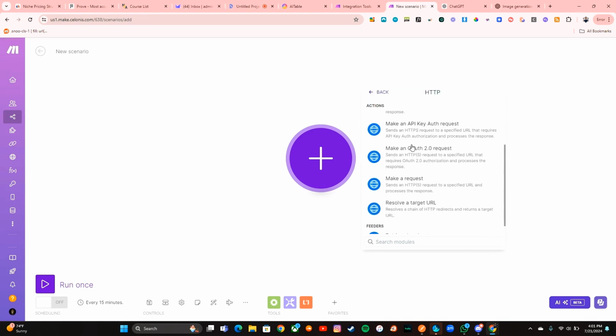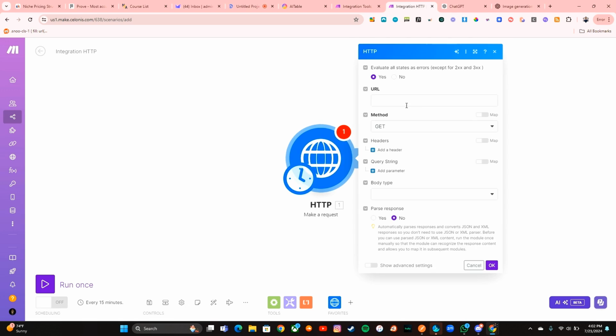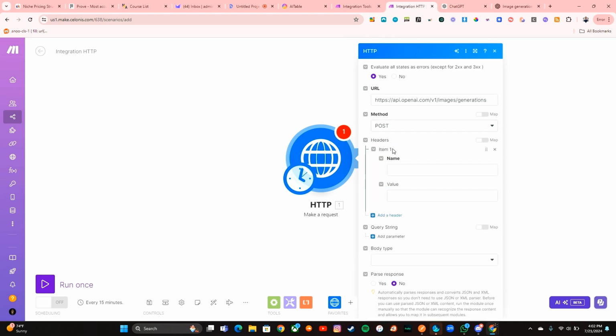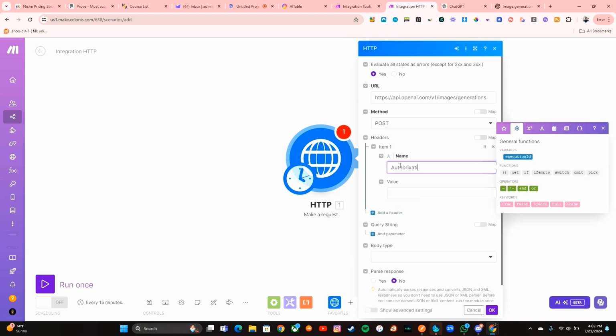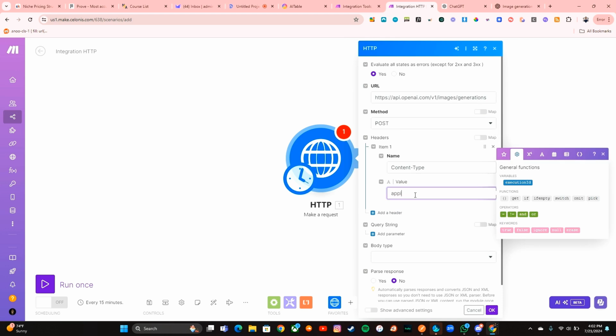So we're going to need an HTTP module. We're going to make a request, the URL. We're going to put a POST. We're going to put a header, it's authorization. Actually, I'm sorry, this first is content type: application/JSON.